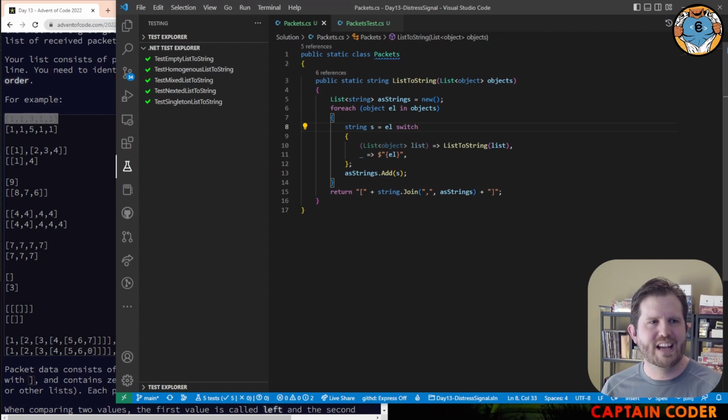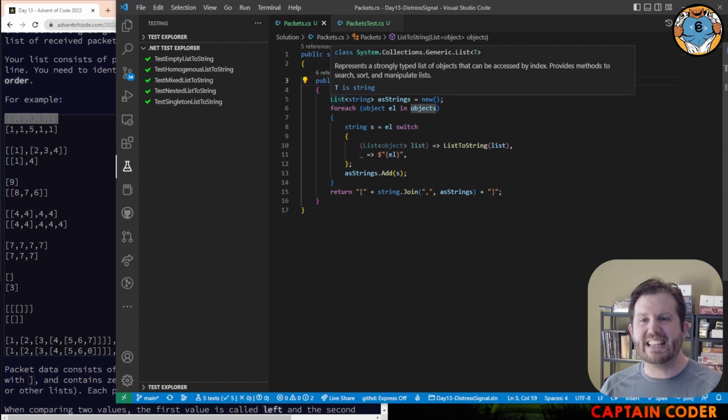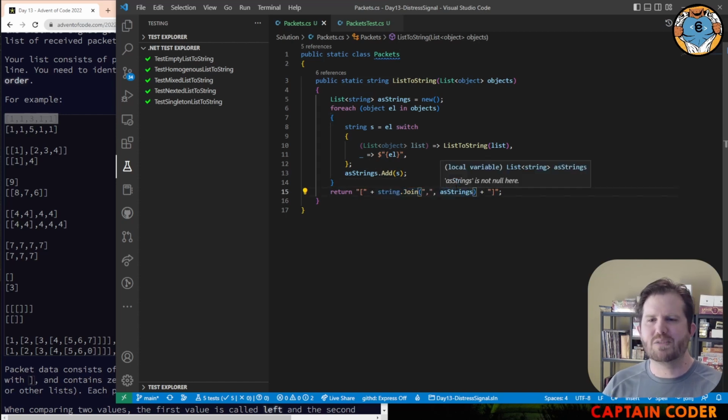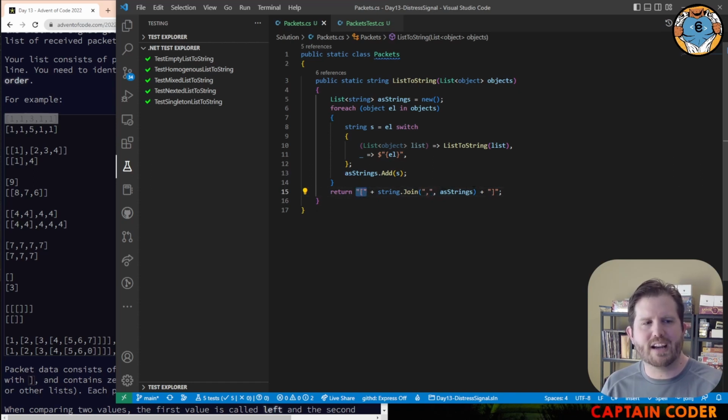Here it is. I take a list of objects and I want to produce a list of strings. This is going to help me because if I have a list of strings, I can easily call the join method that allows me to create a list separated by commas, and then I simply add square brackets on the front and end. To do this, I loop through each object, each element inside of my list of objects, and